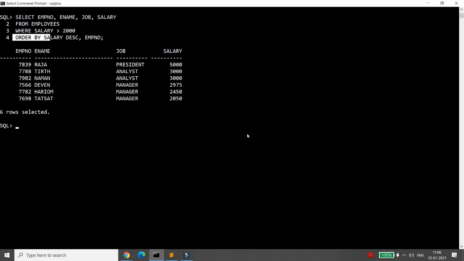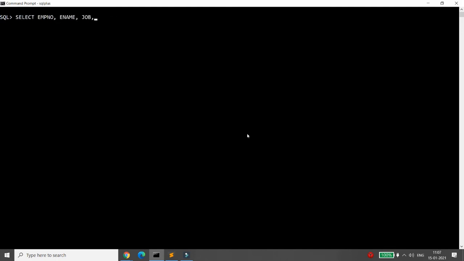One more thing about the order by clause: if you are sorting the data on a column which contains null, then the null value is displayed last for the ascending sequence, and first for the descending sequence.